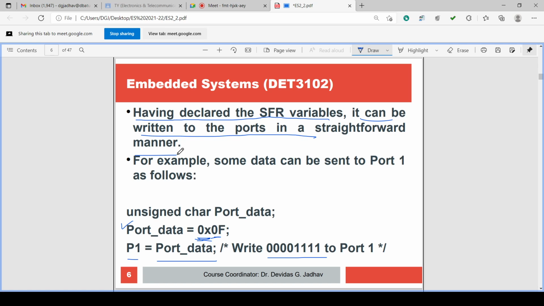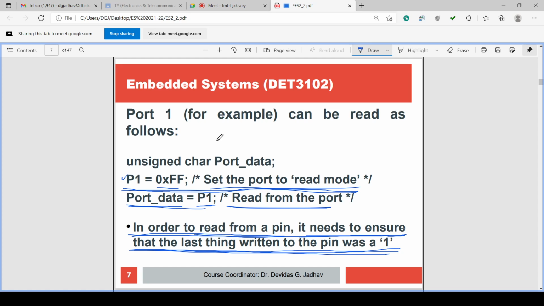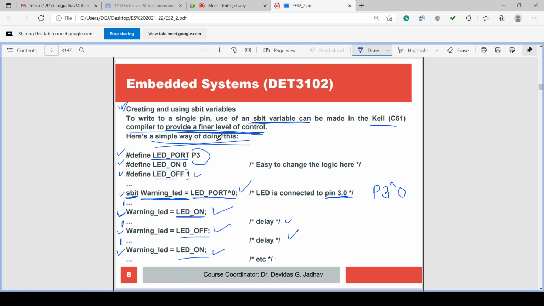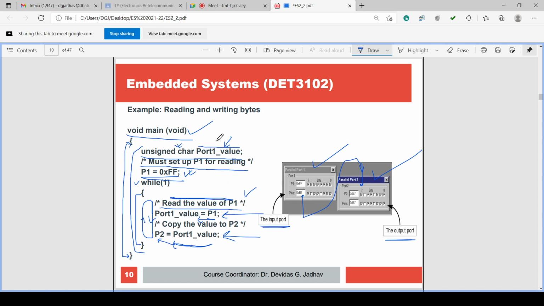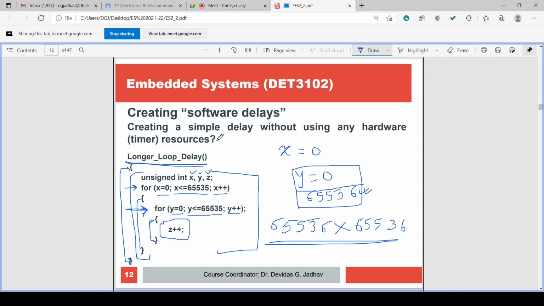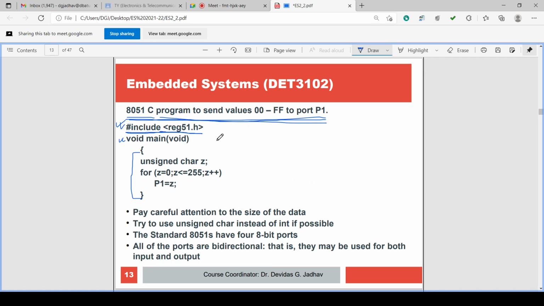Somewhere it should be declared. Either we declare it in our program, or it should be declared in the header file and we include the header file. This we have discussed.